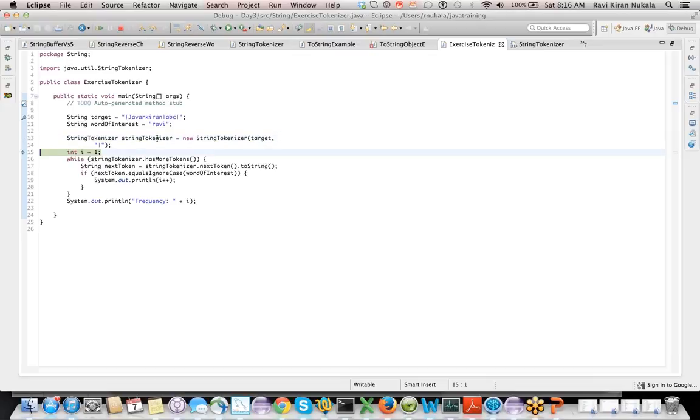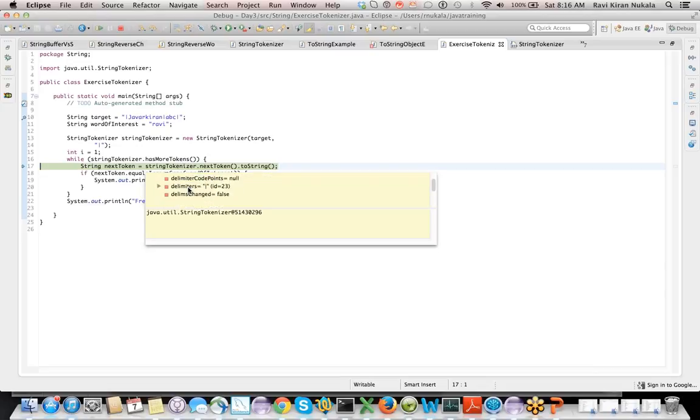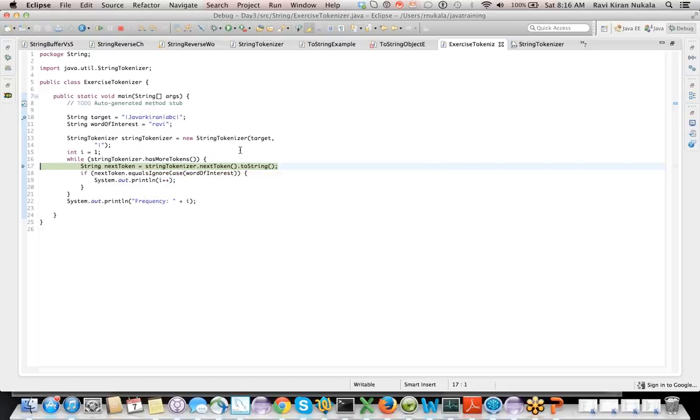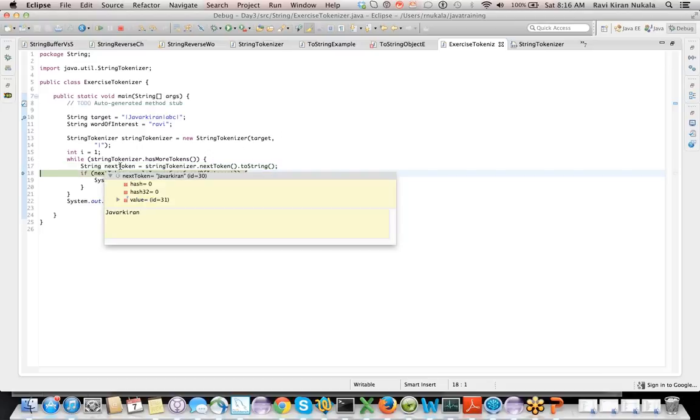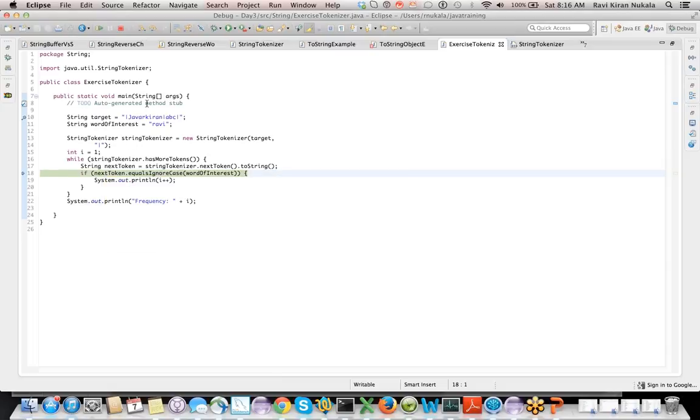We're delimiting it. So now number of tokens. Delimiter is this. It's not printing it. Next token is what? JavaKiran. So next token is going to return the delimited value.